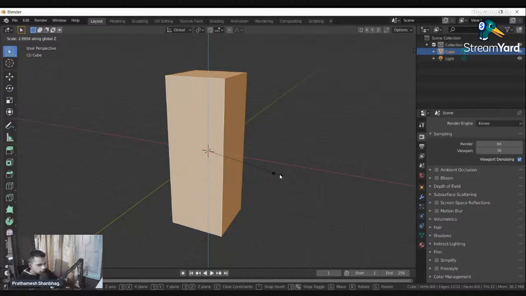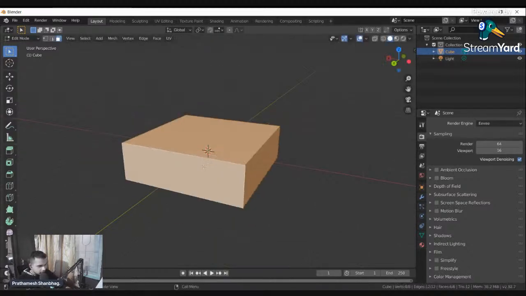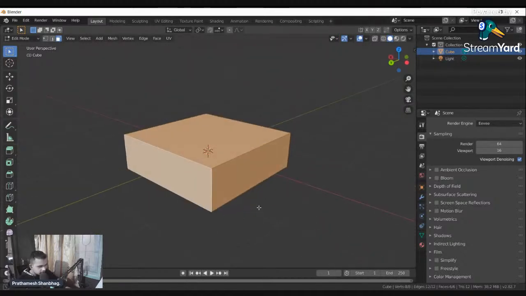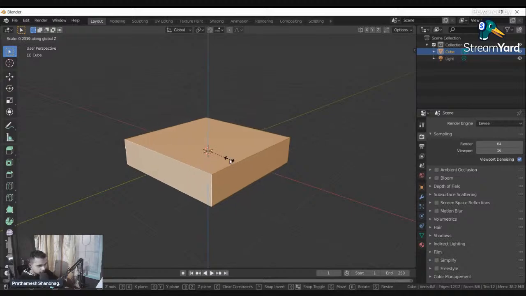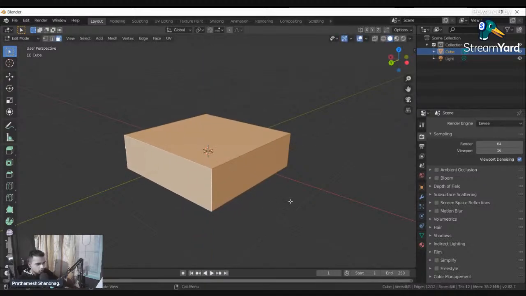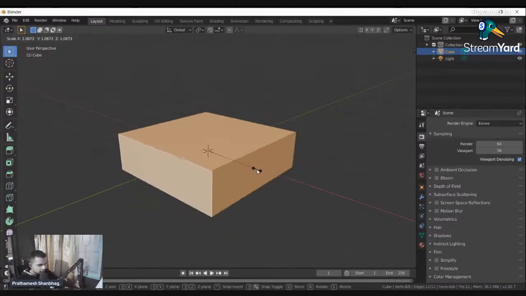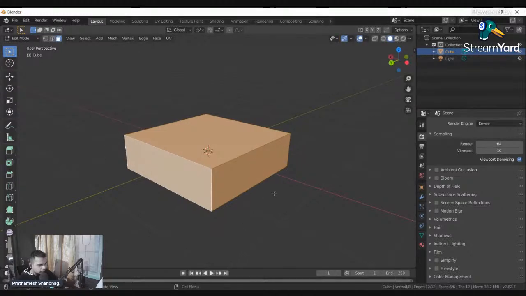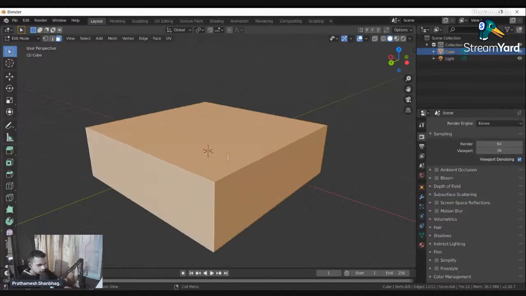All right, now for the sushi, we'll be making it this big, I guess. Let me just see. Nope, we'll make it a little bigger. I guess this much is enough. All right, and you confirm by clicking. So if I go into scale, I can scale. If I right click, it goes back to original. If I click, it gets selected at that size. And Control Z to undo.